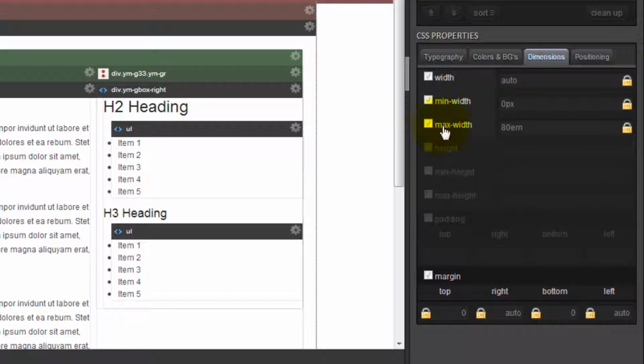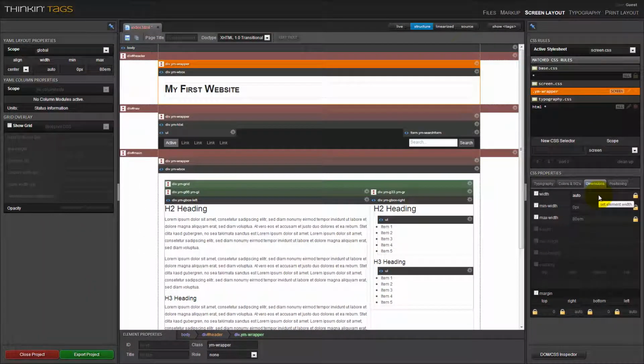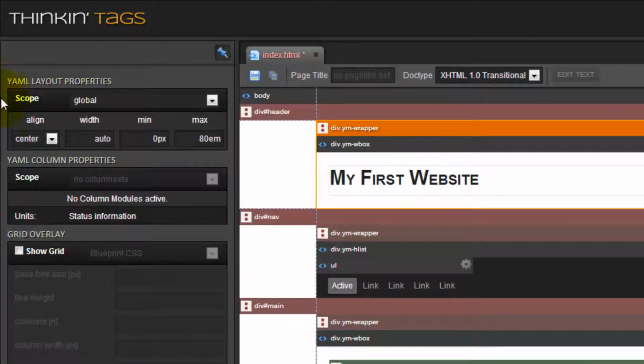Here's the maximum width, as well as the margin that defines the horizontal alignment of the layout. And as you can see, all these properties are locked. That means that the application has reserved these properties for the CSS framework. In the case of the YM wrapper selector of the full page module from the YAML CSS framework, Thinkin text reserves these CSS properties because the application offers you,